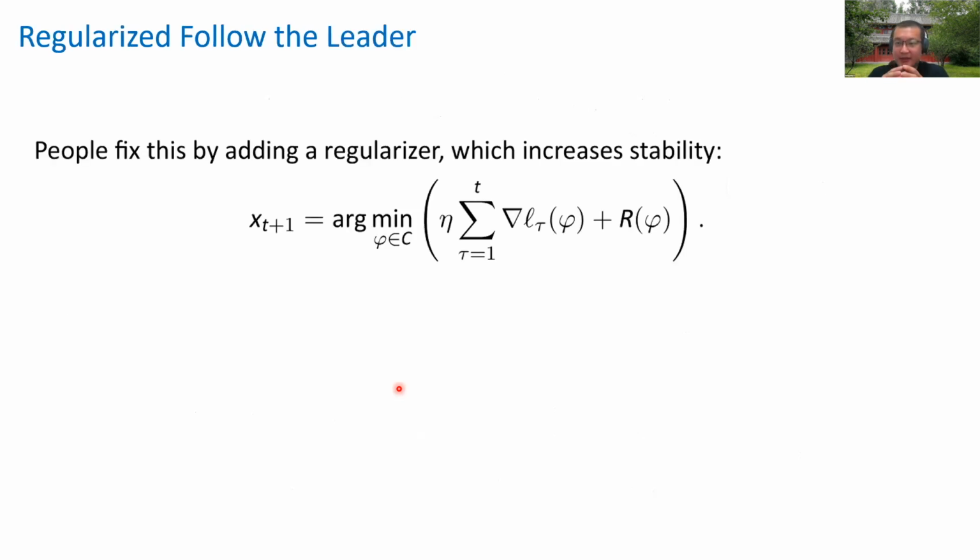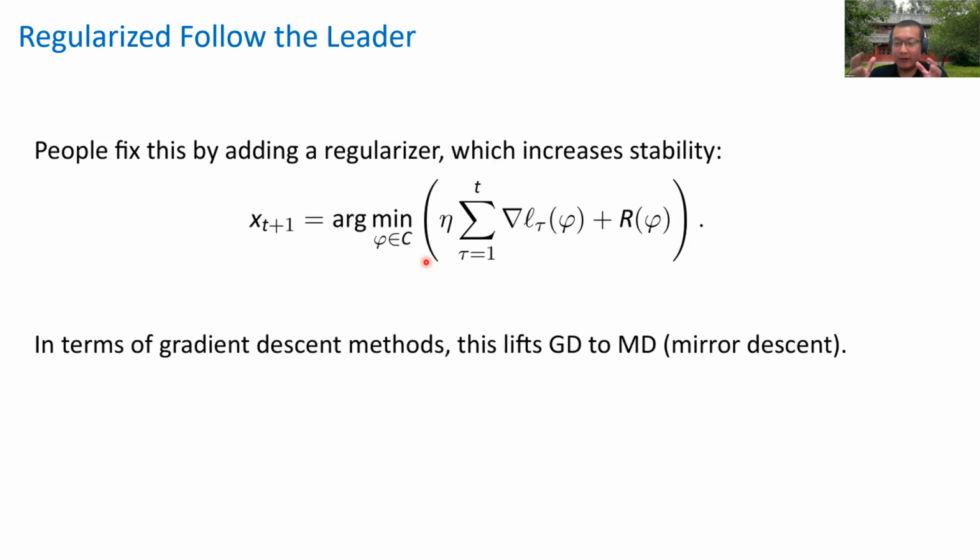This is actually standard in online learning. If follow the leader is not good enough, we follow the regularized leader, typically called RFTL, regularized follow the leader. By doing that, we just add a regularizer, and after adding the regularizer, we then take the minimum. This magically works in a lot of real cases, and especially we combine it with gradient descent because we need to train the parameters. So this regularized follow the leader along the way of gradient descent methods leads to a standard term called mirror descent.